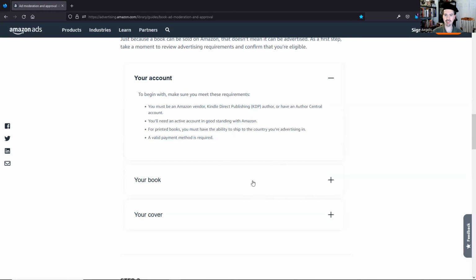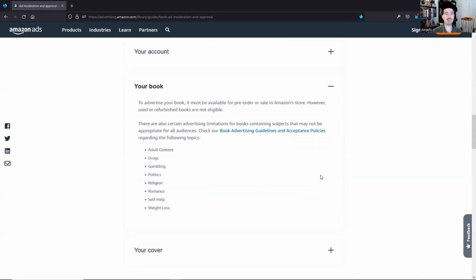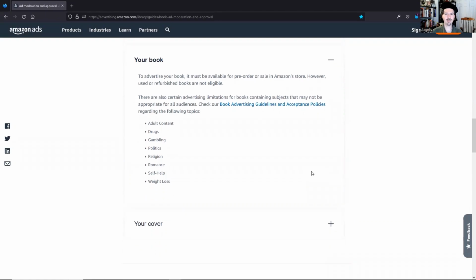So I'm looking in the section 2 here. It says your book. This is important. To advertise your book, it must be eligible for pre-order or sale in Amazon store. However, used or refurbished books are not eligible. Not a problem for me. There are certain advertising limitations for books containing subjects that may not be appropriate for all audiences. That's the key phrase there, all audiences. Check out our book advertising guidelines and acceptance policy regarding the following topics: adult content, drugs, gambling, politics, religion, romance,